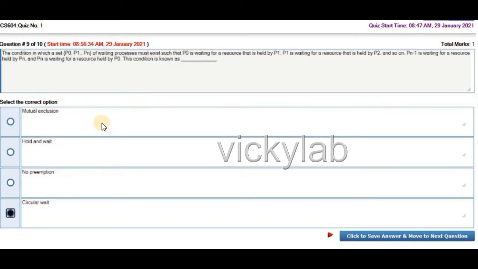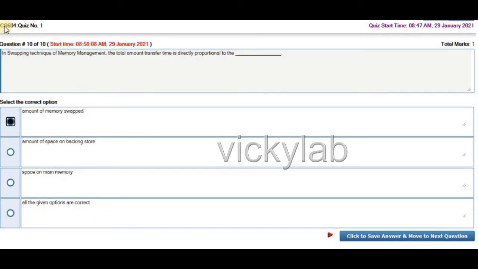So next question is, the condition in which a set P0, P1, ..., Pn of waiting processes must exist such that P0 is waiting for a resource that is held by P1, P1 is waiting for a resource that is held by P2, and so on, Pn-1 is waiting for a resource held by Pn, and Pn is waiting for a resource held by P0. This condition is known as circular wait. ये जितने भी P1, P0 हैं, वो एक सर्कल में वेट कर रहे हैं।